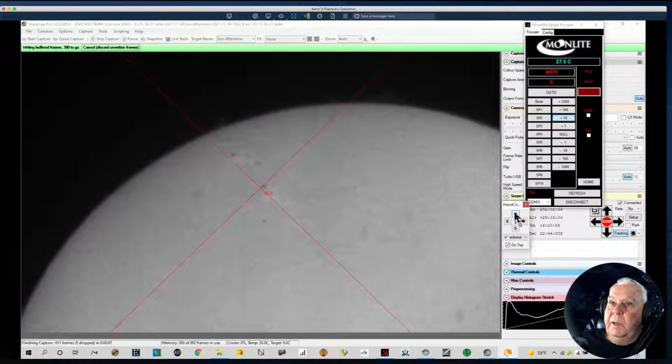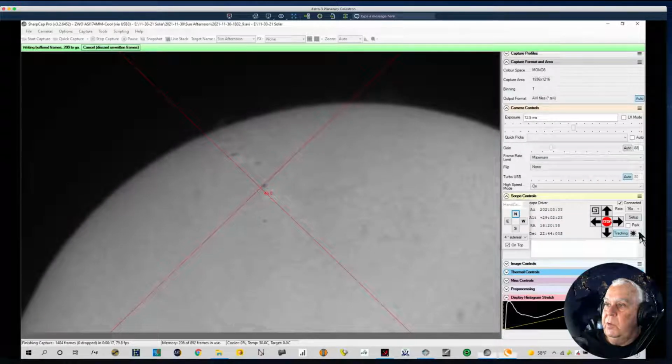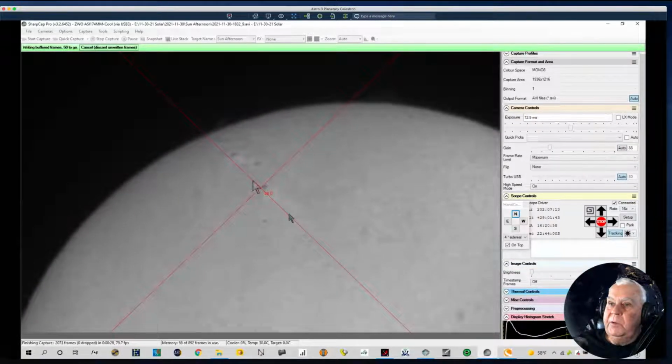Now I've connected my Celestron AVX mount using the ASCOM driver to SharpCap, so I can control it. Right now I have it on solar guiding, and when you're on solar, it does a better job of tracking the sun. Where I polar aligned, it would do even a better job in DEC,